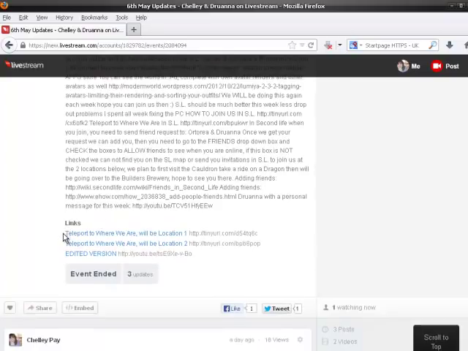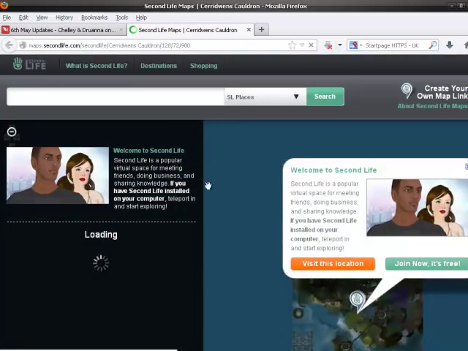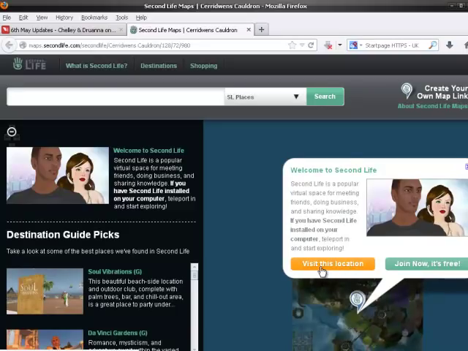Now you'll see links for teleport to where we are at location 1, or teleport to where we are at location 2. There might only be one option, it depends on what we're planning on doing. Now all you have to do is click on the link to teleport to where we are. Okay, and a window will open and a little box will pop up on the right, and it says visit this location. So all you have to do is click on visit this location,